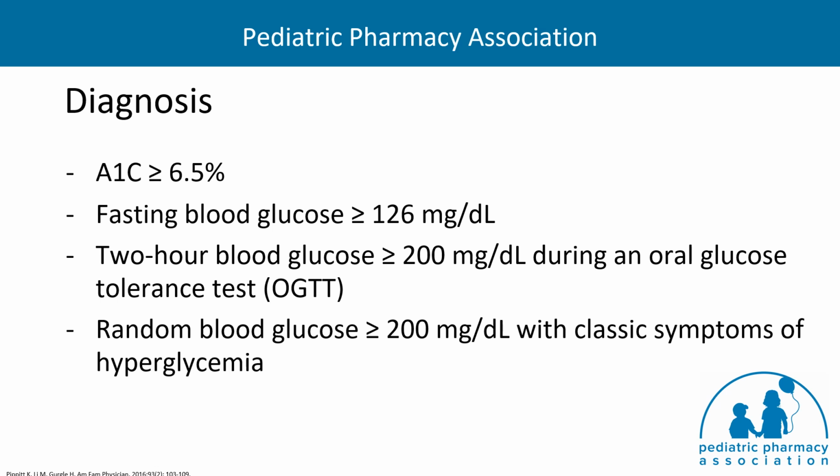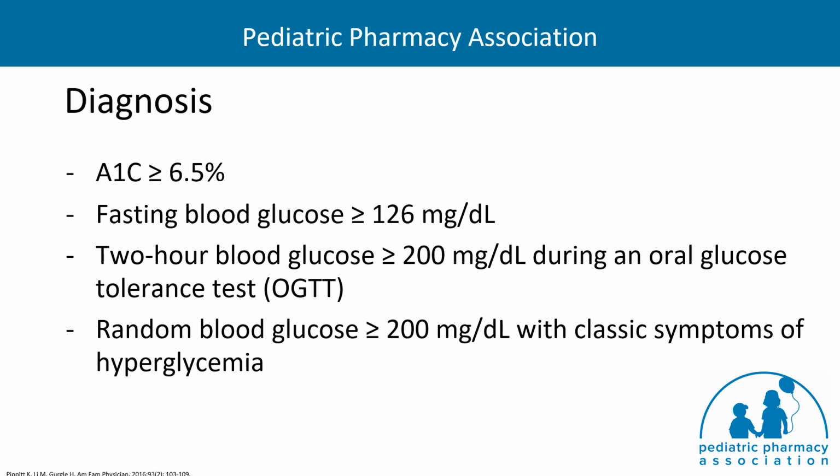It's not going to be as appropriate for patients who have a more rapid red blood cell turnover, such as patients with cystic fibrosis. For patients that have an A1C greater than or equal to 6.5%, that's going to be indicative of diabetes. Now, of note, with the exception of the random blood glucose test, all of these